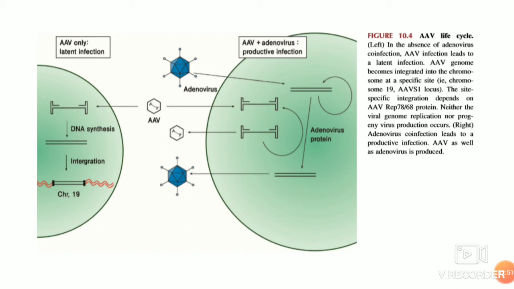Basically the region is called chromosome 19. So that specific locus is also called the AAVS1 locus, and this specific integration is carried out by rep 78 or 68 proteins. So if the cells get infected with adenovirus, during adenovirus replication there is inhibition of the double strand repair sensing machinery, and that triggers the replication of this AAV also. So more and more copies of AAVs are made and they are lysed along with adenovirus.